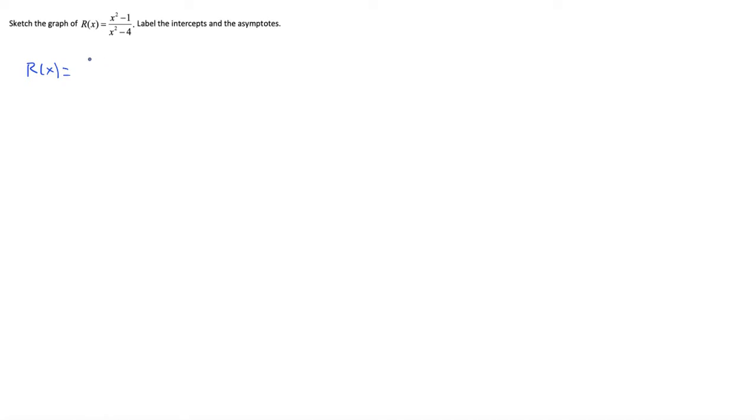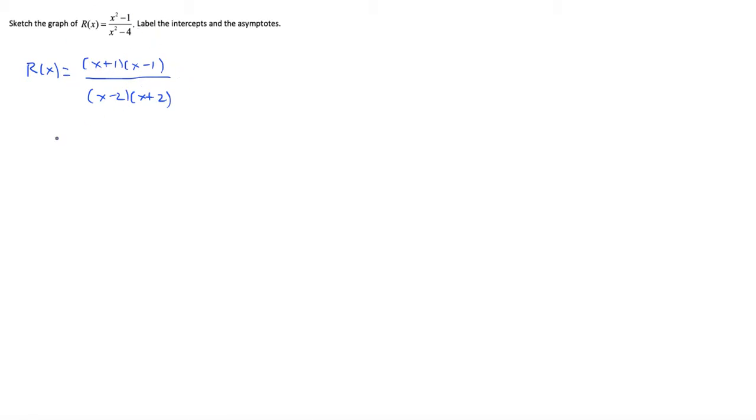In this case, the numerator we can factor into x plus 1, x minus 1, and the denominator we can factor into x minus 2, x plus 2. So nothing cancels out, which is not good or bad, but nothing cancels out here. All right, so let's find, in no particular order,